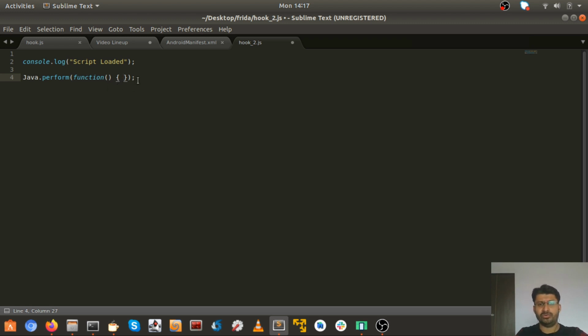It won't actually give you an appropriate syntax error. Inside java.perform we have this function, and inside the function we can do our implementation. In the implementation part, the basic thing that I do is, first of all, load the required class.